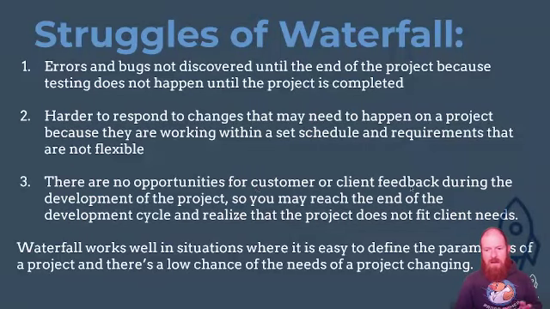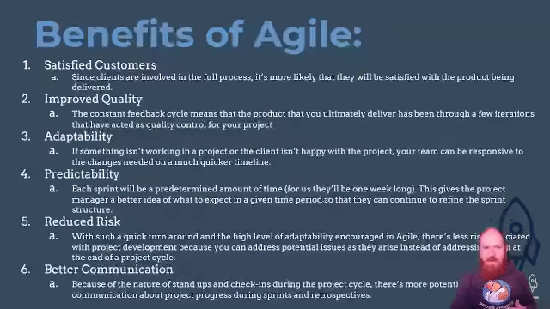And that kind of summed up both of them. Working within a schedule, it's not flexible, and then client feedback. So waterfall works in situations where it's easy to define. If you know your parameters and you know they're not going to change, waterfall is a very effective way. But oftentimes when you're dealing with true software development, your clients always want to change something. So that's why we go to Agile, where we are going to have the clients involved during the whole process. We are continuously asking for their feedback. Because we are continuously asking for their feedback, that means that we can tweak things along the way, which provides improved quality to that